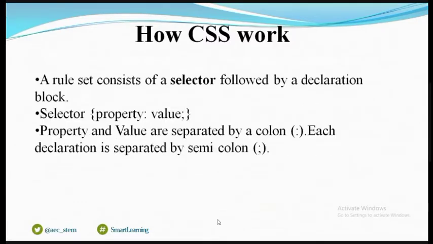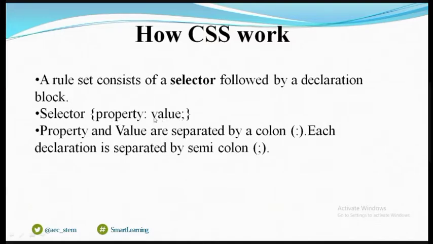A rule set consists of a selector followed by a declaration block. What does selector mean? It is a pattern used to select the element which you want to style. So, the selector is followed by an open bracket, a property and its corresponding value.